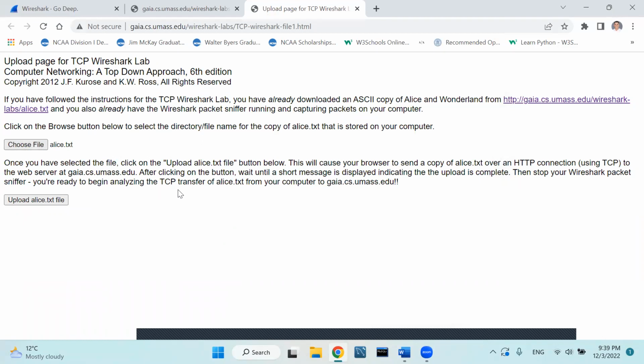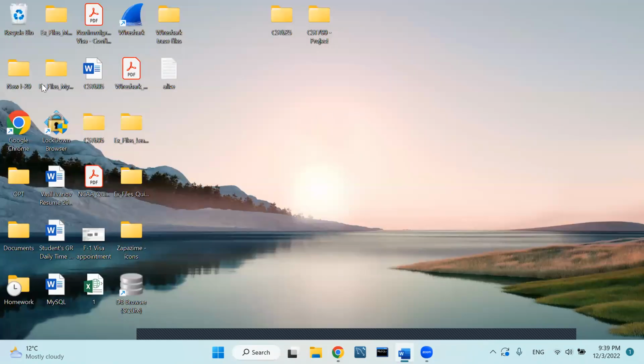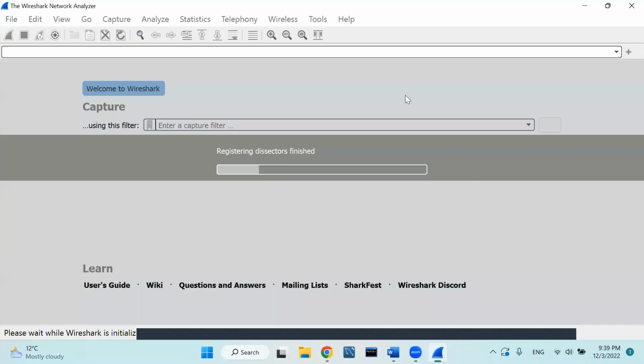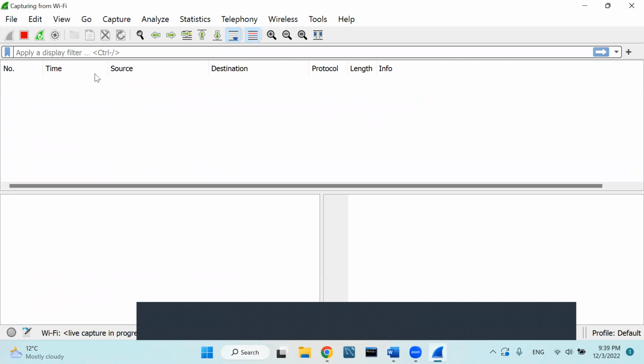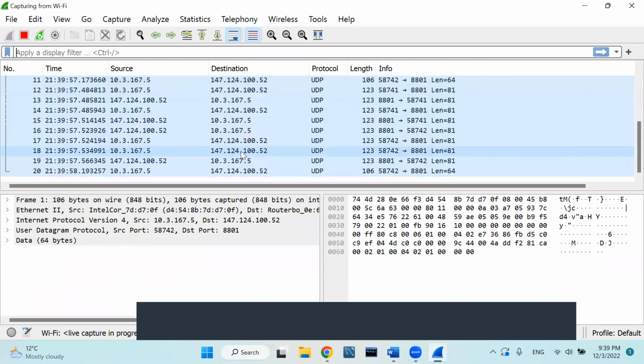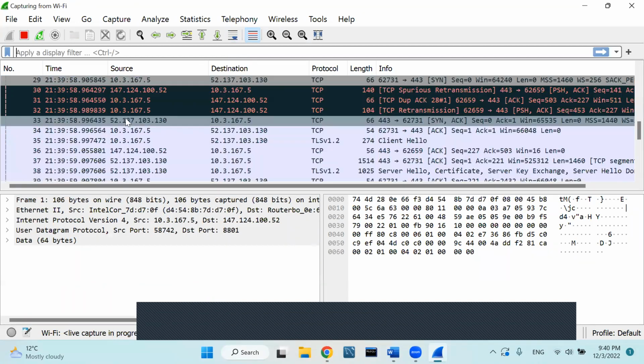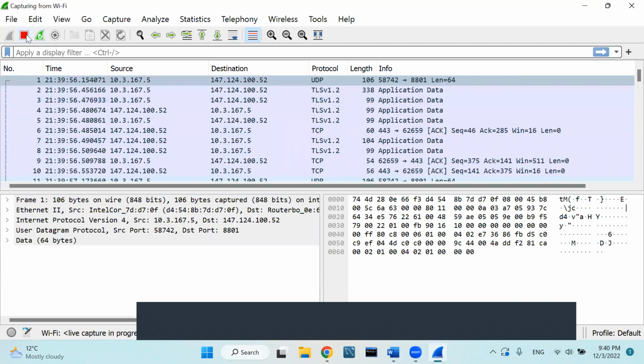So before we begin capturing the trace, we are going to go on Wireshark, and this is how the front page looks, and we'll go on Wi-Fi because we're going to capture the trace online. And once we go on Wi-Fi, you start automatically capturing packets, you see. However, we're going to pause it from this red square right here,